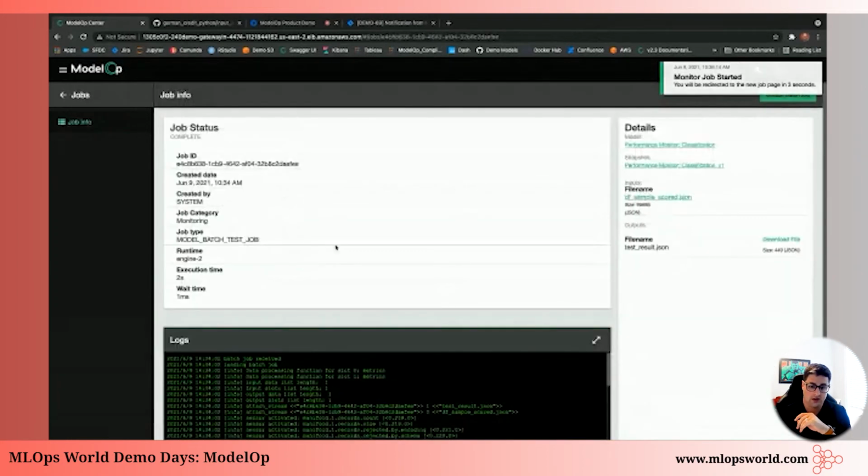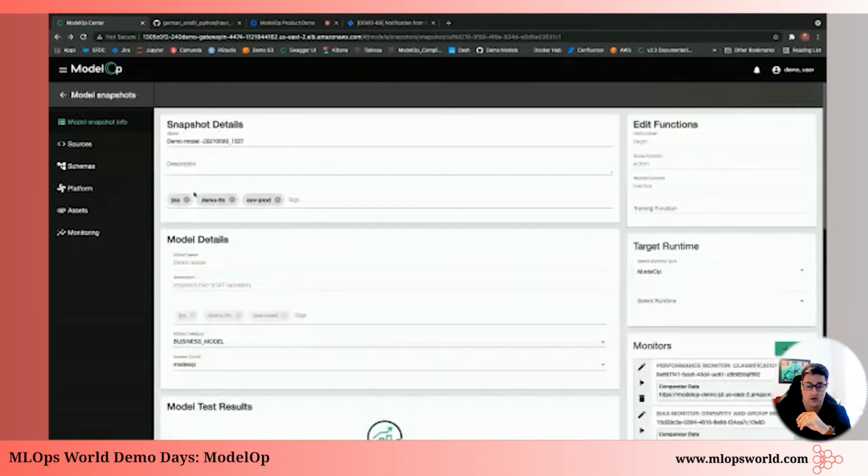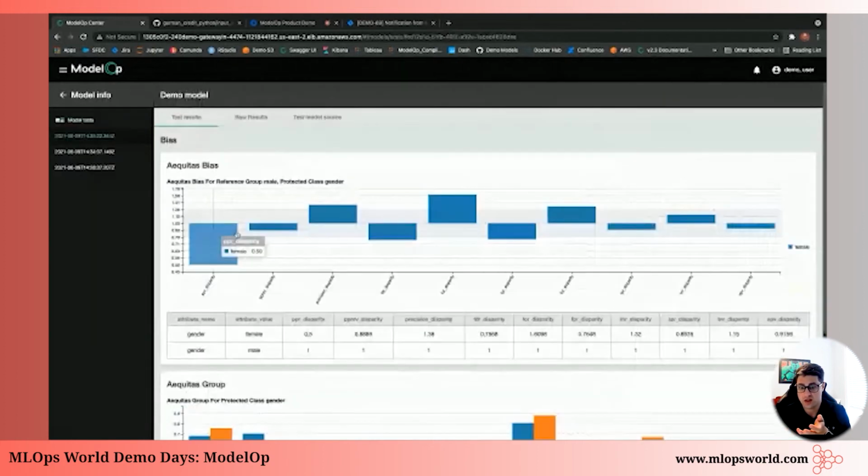And again, these tests are very quick. Took 2 seconds because we're dealing with small data files. If I go back and we now look and see our third test result, here's some ethics information. So now I'm very easily taking the information about this model, the data files that we know about for this model, and now I'm doing